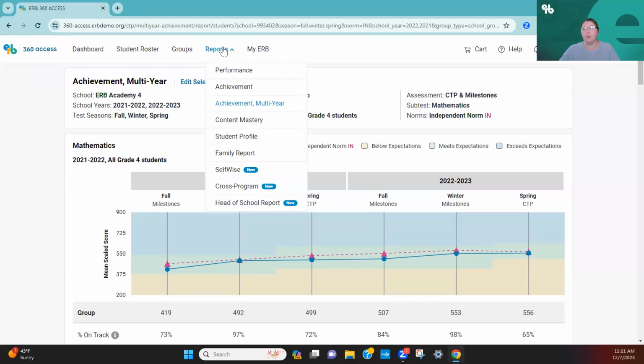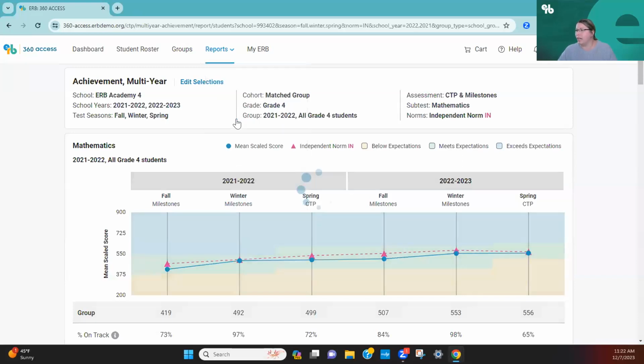So let's move to the one that, if I'm a classroom teacher, I really want to see because it's going to inform my instruction, and that's content mastery. Now, understand that content mastery is going to come with a caveat. It's assuming that your curriculum and your scope and sequence that you are following aligns with the expected scope and sequence that the test is set up for. And it is not a crime if you teach geometry at a different place than ERB is set up for in the test. That is not a crime, but it is something to be aware of because it will inform your interpretation of your data. So taking a look at content mastery,